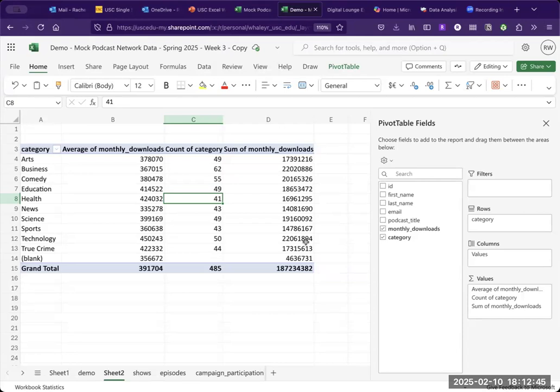Now, some of you might have noticed if you tried to get into formatting or renaming the headers, that is a little bit more nitpicky on pivot tables than it is on the tables we were just doing, because those are just more straightforward formatting. So typically, if you want to be a little bit fussier with the formatting and you're not going to manipulate the data further, the previous type of table we did is a great option. If you're going to be playing with stuff, changing stuff, working with other people, pivot tables are definitely the way to go. So you can use either, whichever you're more comfortable with, whatever makes more sense based on your